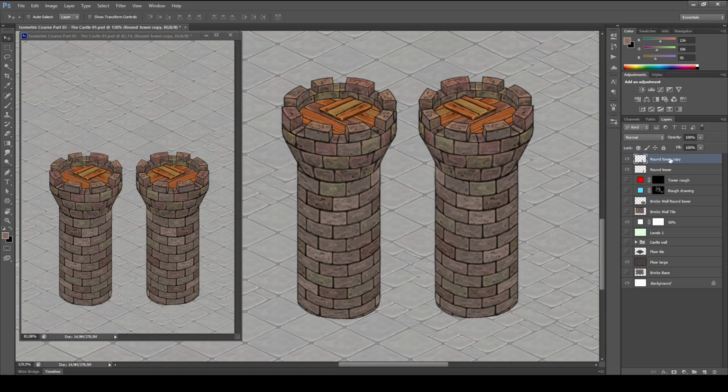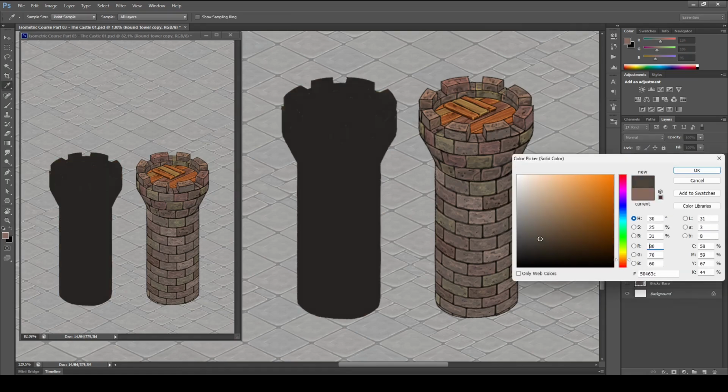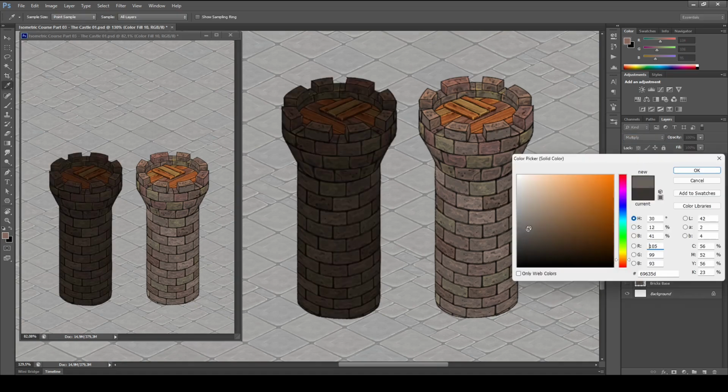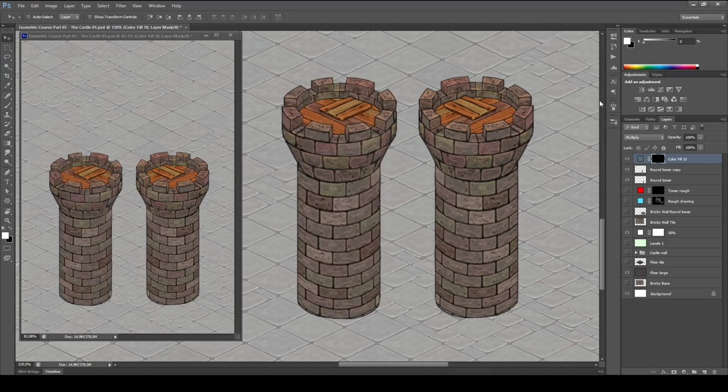Now let's continue. Now that you've got that tower, Control click that icon, create a new solid fill color, make it slightly darker, maybe a brownish color. Say okay, set the blending mode to multiply, maybe make that slightly lighter, maybe a bit blue. Yeah, I think the blue will work. And you can Control A to select everything, make sure black is the background color, press delete on the keyboard, right click that again,